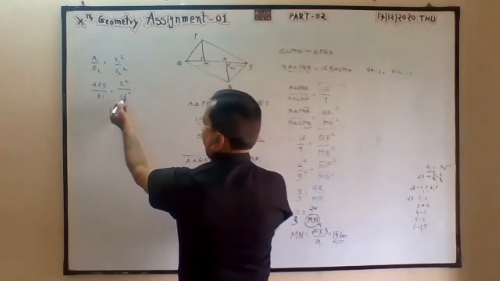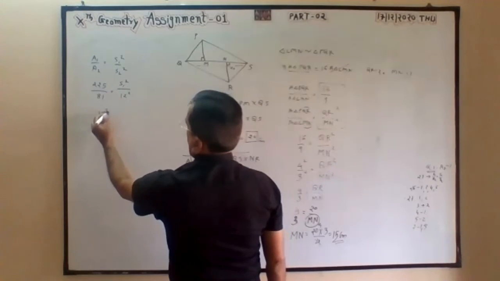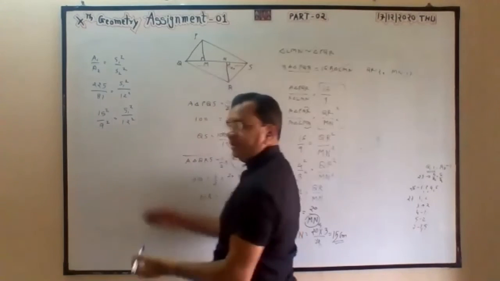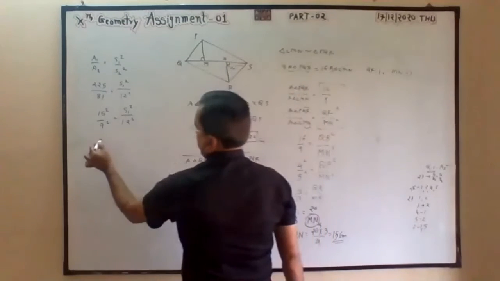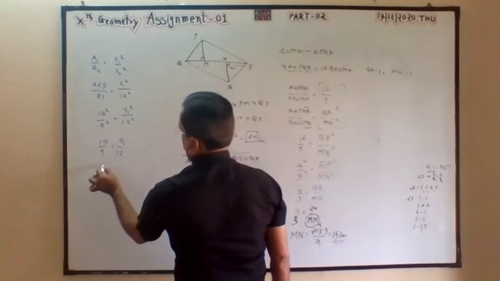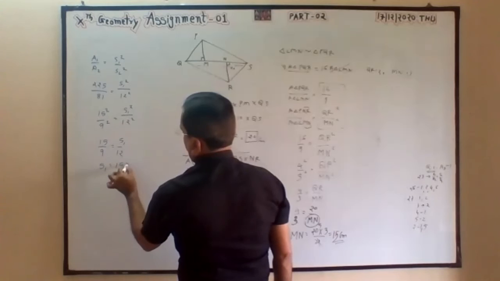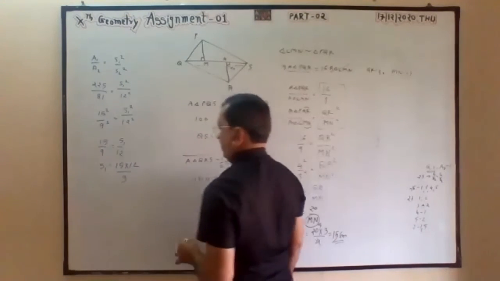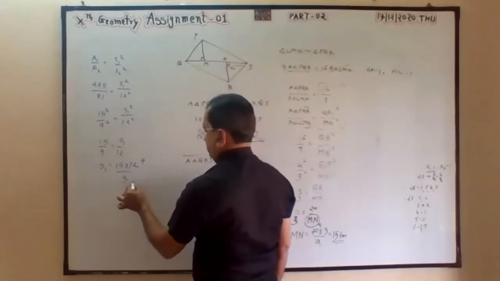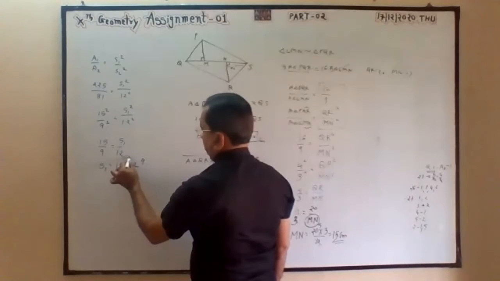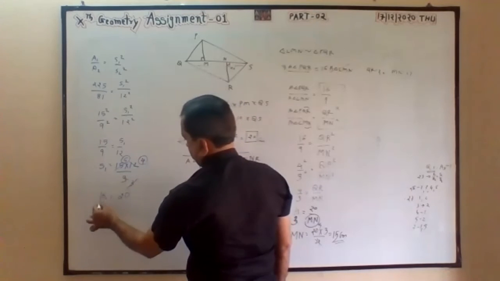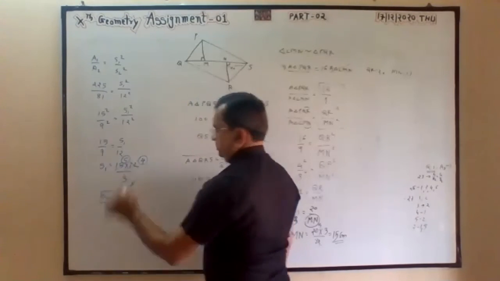So instead of making this square, we will make this square root. 15 square, 9 square, 12 square, 21 square. Take square root of all the things, each and every term. 15, 9, 21, 12, 21, 15, 12, 9. With 3, 2 times. 3 4s are, 3 3s are, 3 1s are, 3 5s are. Centimeter.